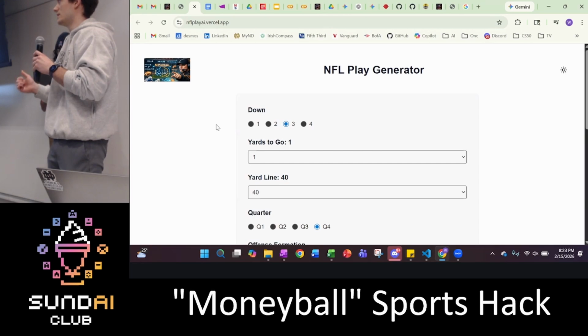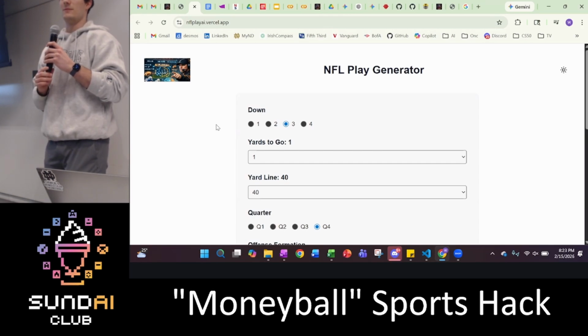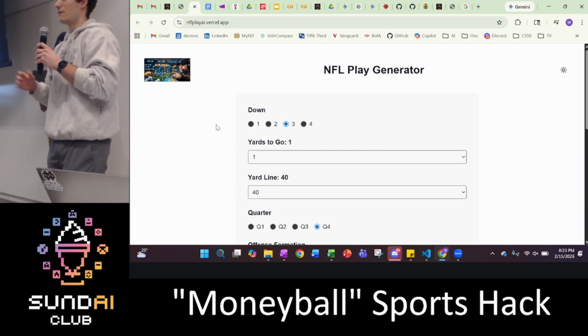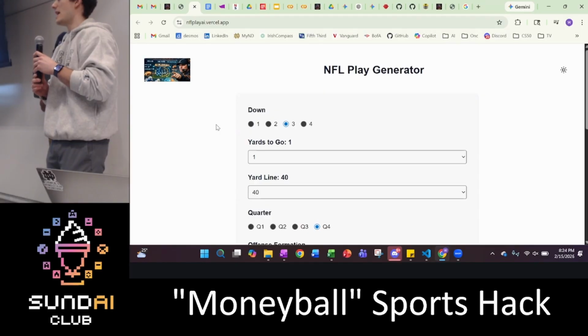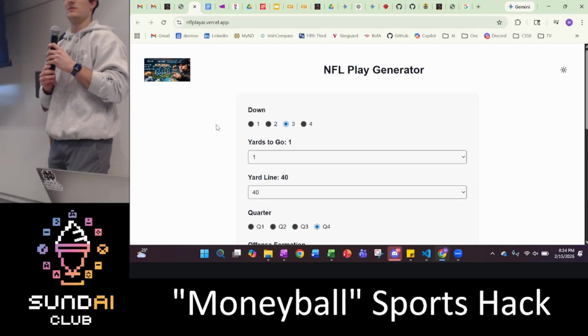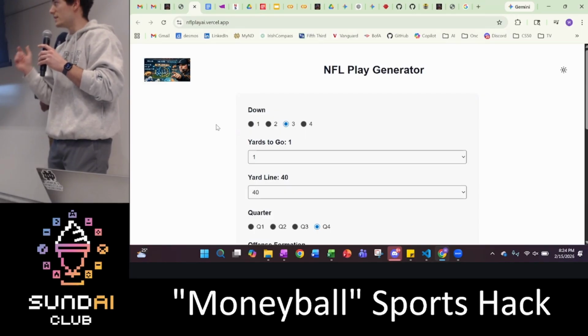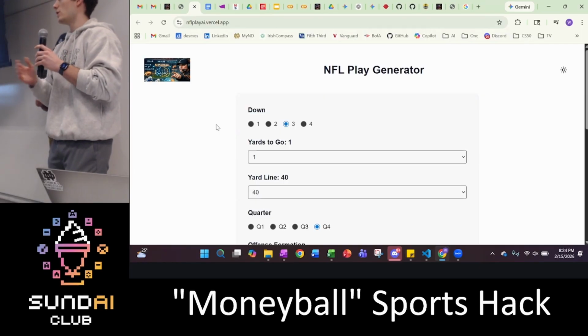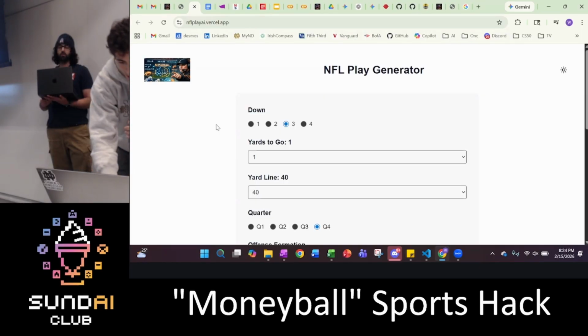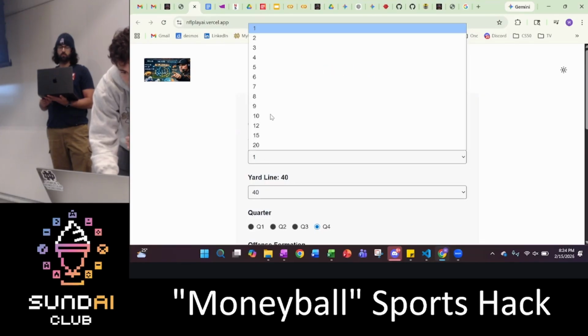So what we did is we looked at historical data from 2024, found like 40,000 data points, and used a machine learning algorithm to train a model based on different situations, including what down it is, how many yards you have left for a first down, where you are on the field. And we can just show real quick. So, for example, it might be 1st and 10,